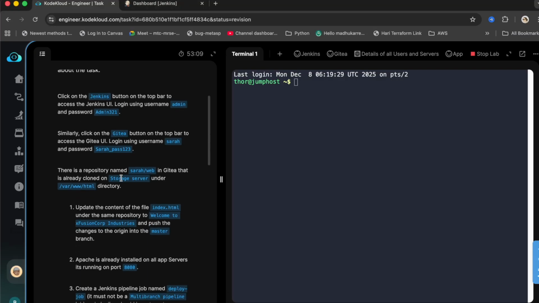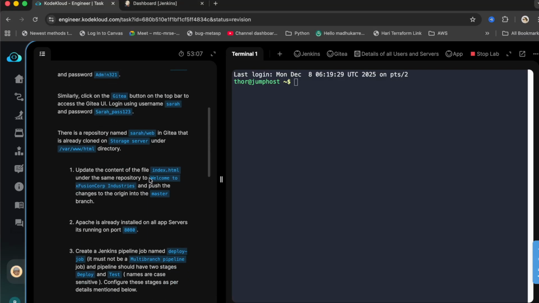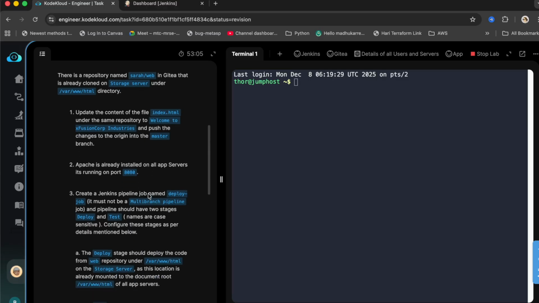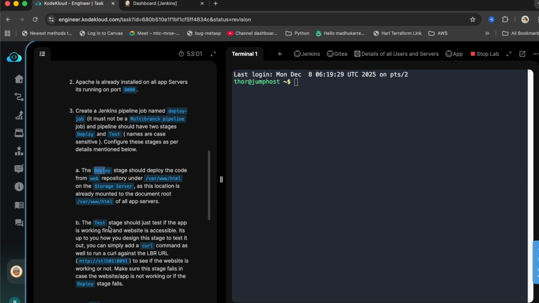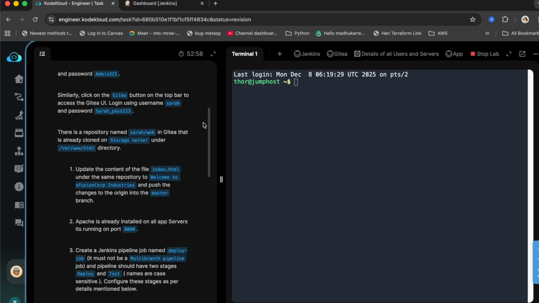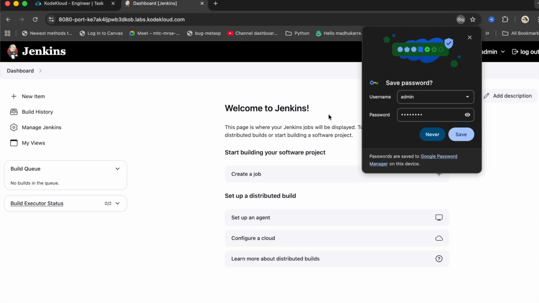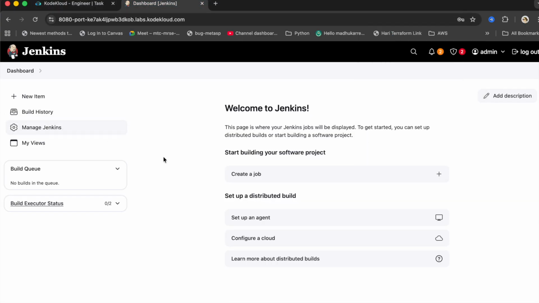In this task, we need to create a pipeline job with multiple stages. One is a deploy stage, another one is a test stage. So let's do this. If you log into Jenkins, and then create a job,